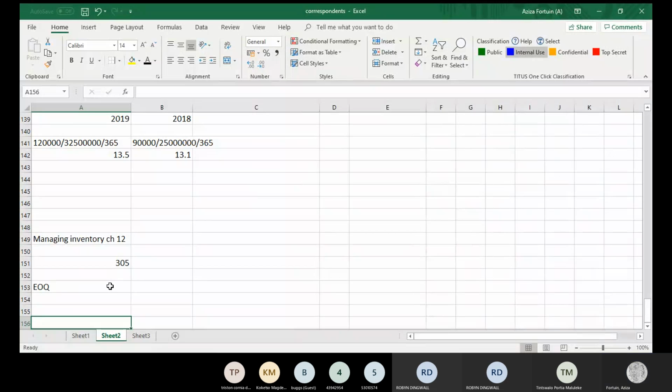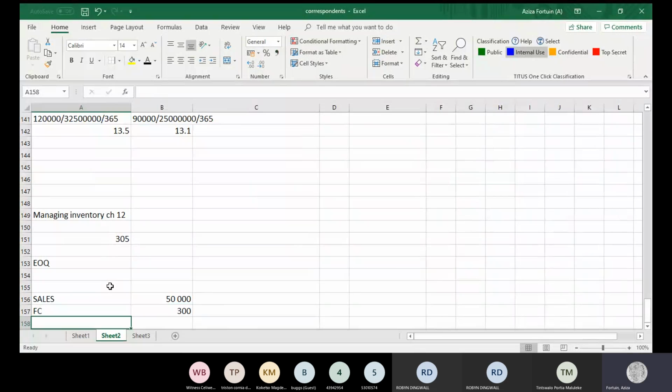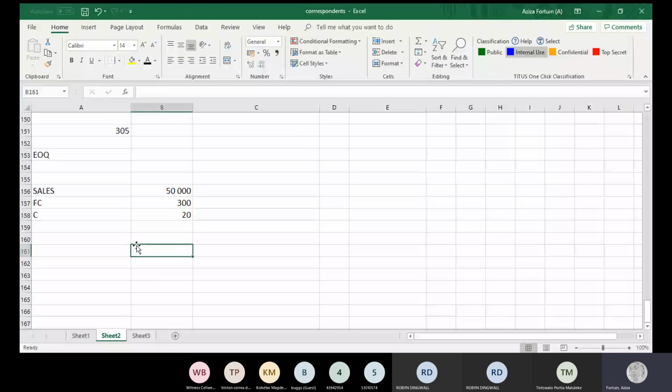So if we were to do the EOQ model, we have our sales figure, which is the 50,000. We have the cost to place an order, which is our fixed cost of 300 Rand. And we have the purchase price per doll, which is the holding cost of 20 Rand. So if we want to calculate the EOQ,